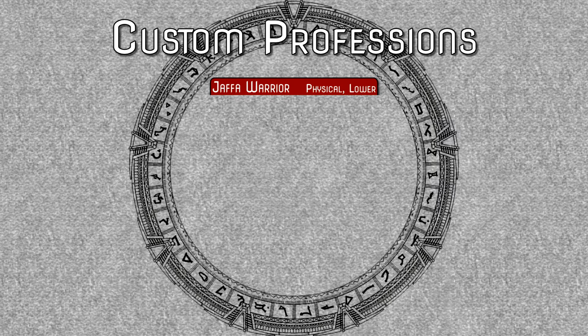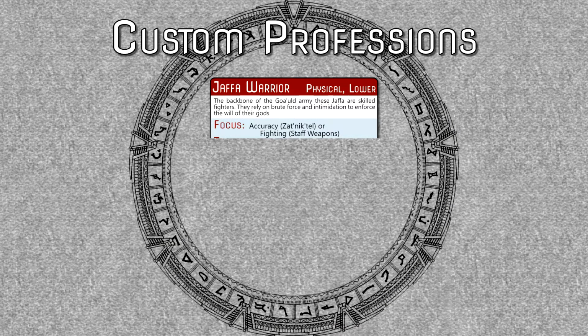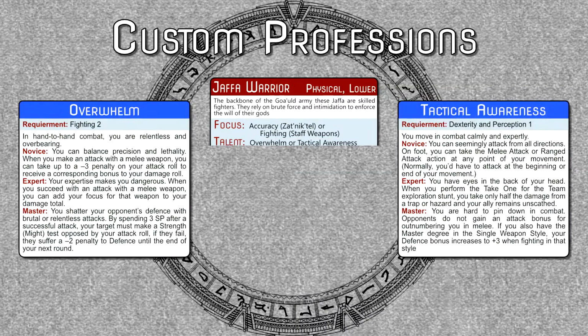We have the all-important information, the backbone of the Goa'uld army. These Jaffa are skilled fighters. They rely on brute force and intimidation to enforce the will of their gods. So your focuses for this are going to be accuracy, Zat'nik'atel, or fighting staff weapons. Remember, with the custom weapons we made in an earlier episode, the staff weapon is actually both a ranged and a melee weapon. The talent will be Overwhelm or Tactical Awareness, and your health being a physical profession will be 20